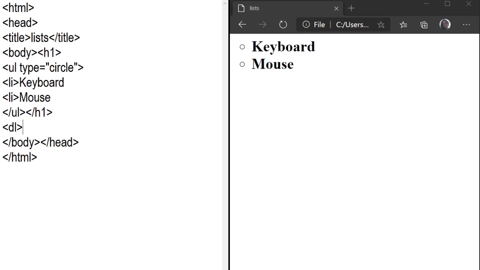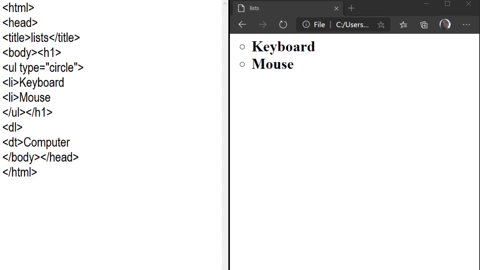Don't write E. In the definition list, two more tags are there. One is DT, definition term. Definition term means you write down the heading. For example, my heading is computer.